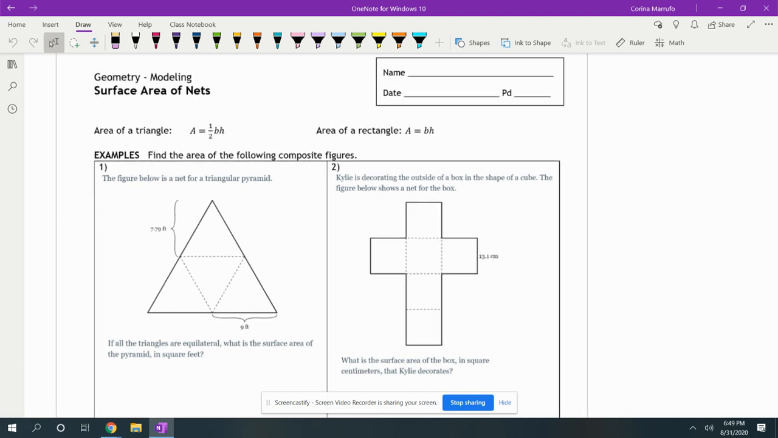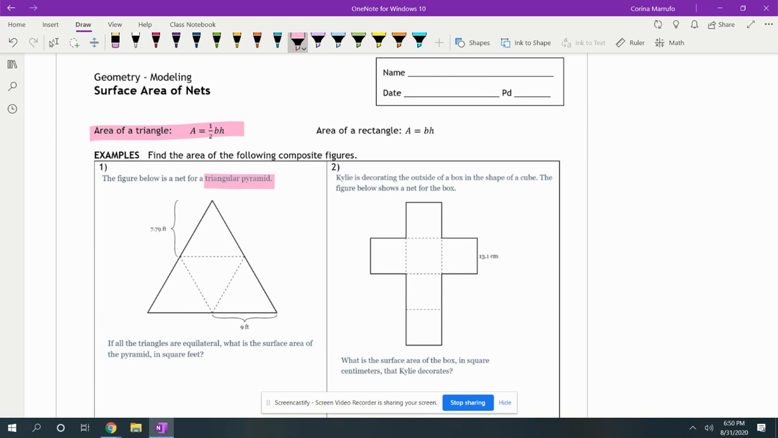All right, so we are going to find the surface area of nets. On here, a net is like a layout of what would be a three-dimensional figure. For example, on number one, if we were to fold all this up, it would make a triangular pyramid. What we're going to need for the formulas here is the area of a triangle, 1/2 base times